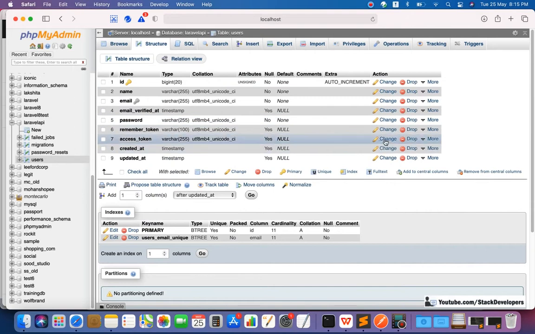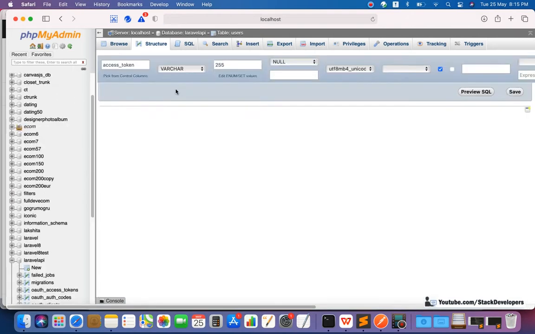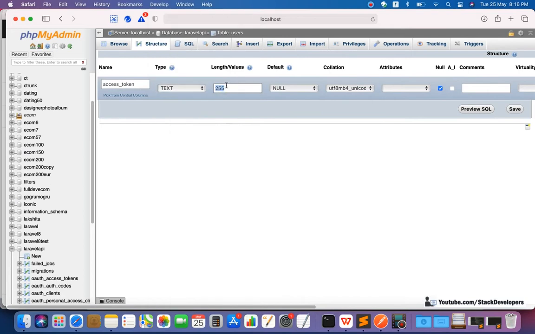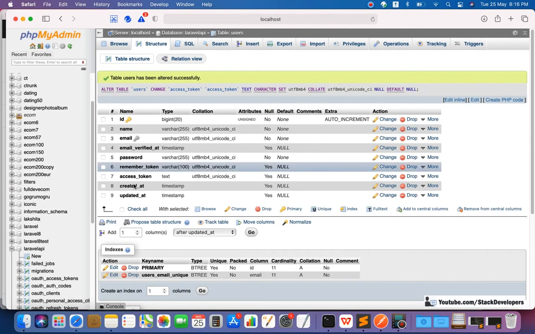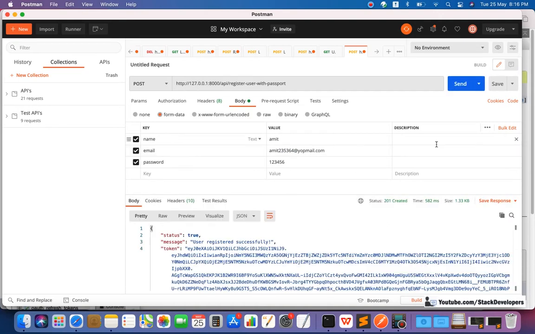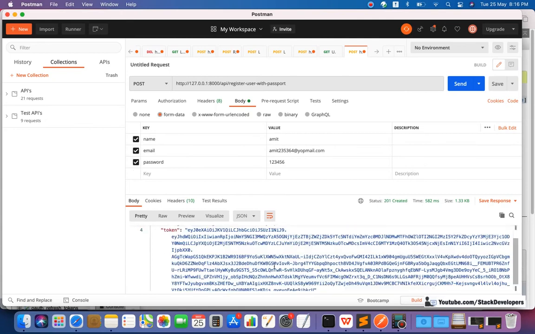So we need to change the access token column type, like we can use text. Here we need to change varchar to text, because our secure string is big enough, so varchar can't save it. Okay, so we will make it text for access token. So now we can try again, but this one again will say the email already exists because it keeps on saving. Okay, so let's do one more time, and now you can see the user registered successfully with this token,